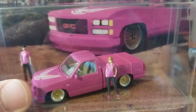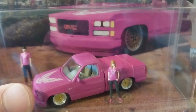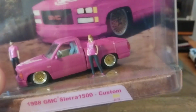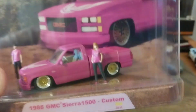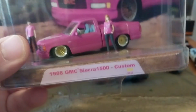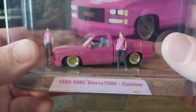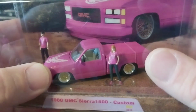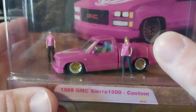The first set that I got a hold of, they had only 3 vehicles in each case, 3 different sets. So anyways, I didn't have enough cash on me to get the 3 that I wanted. I actually forgot my bank card. I forgot my whole wallet at home, actually. I just keep an extra 20 bucks in my car, just in case I need something or run out of money, or something happens. But anyways, that was my emergency money, and I figured this was an emergency, not to leave this guy behind. So I snagged this up and a few other cars, and I hid the Challenger set, and